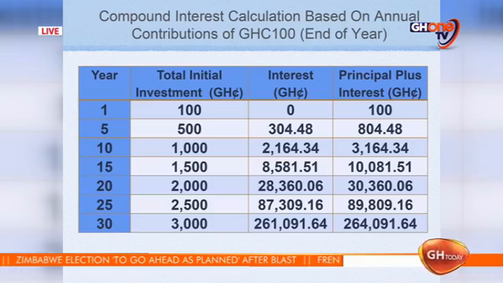And I am sure everybody watching this show this morning, including primary school children, can do 100 cedis a year. And in 30 years' time, you're looking at 264,000 cedis. You know the biggest challenge